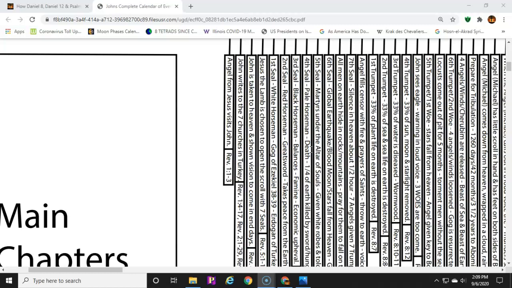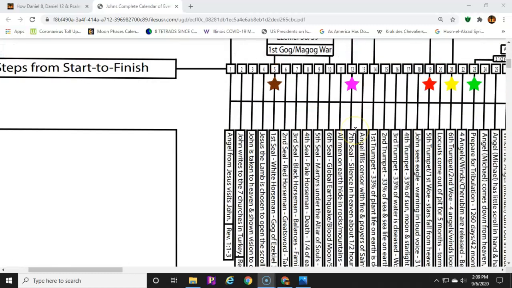And all these different groups are going to start to split, and we're going to start to see this division of Muslim areas over in the Middle East that aren't part of that 10-region horn that we're going to talk about, and the other groups that are part of the 10-region horn that are going to be basically the group that ends up in Israel as a 10-region horn with Erdogan as the leader, as Gog.